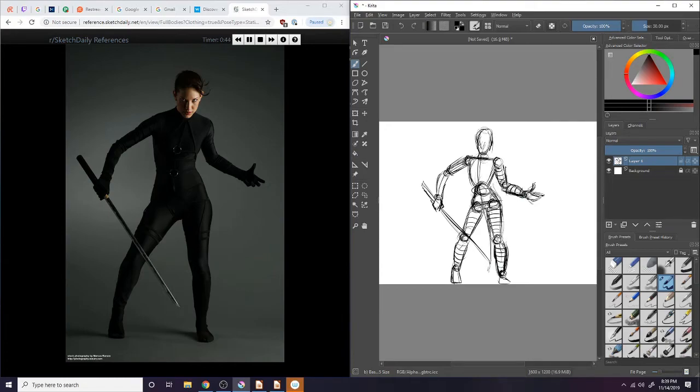We got 45 seconds left on this drawing. How are your mannequins coming out? Just drawing some contours on mine to help define the shape a little better, the 3D nature of those arms and legs.